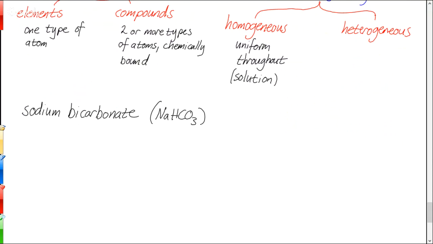Yeah, so it's one type of thing, right? It can't be physically separated. Even though it's got two words, sodium and bicarbonate, we know that it's got a chemical formula, NaHCO3, and if we were to separate it any more, we'd be making something different, like we did in lab. We separated the CO2, which became a gas. And that was something different. So when you break this down, it becomes something different. That makes it a pure substance. Because it's a pure substance that's made out of different elements, that makes it a compound.